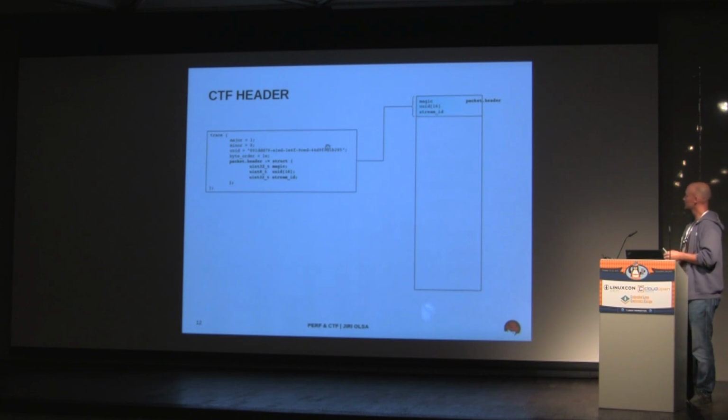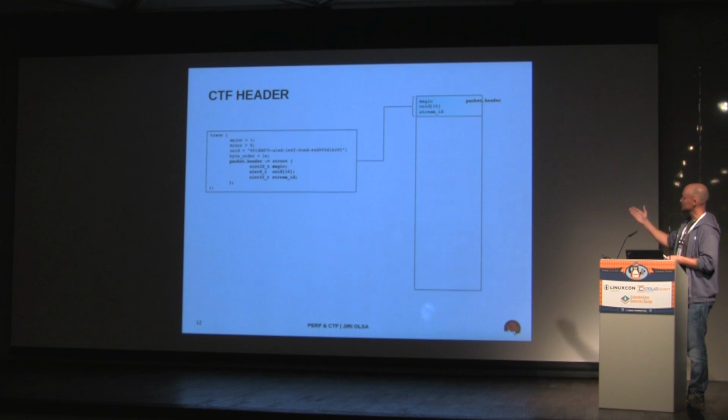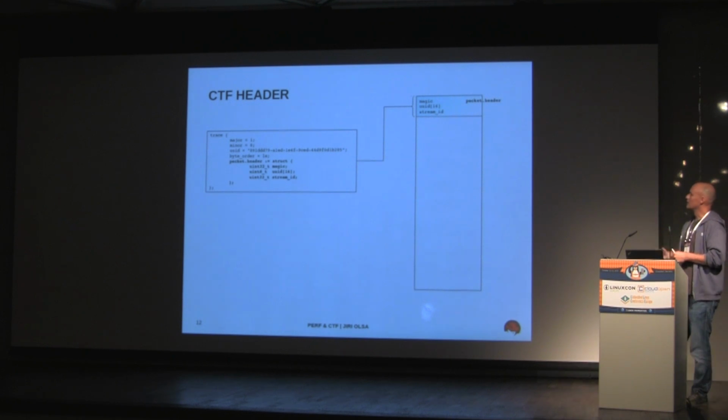Just briefly, this is how it looks. On the left side, you see what's stored in the metadata. On the right side, you can see how the binary file looks. For the file or the packet, there's actually no distinction. It starts like a normal format file. You have the magic words, you have the stream IDs. You can actually extend any structures,